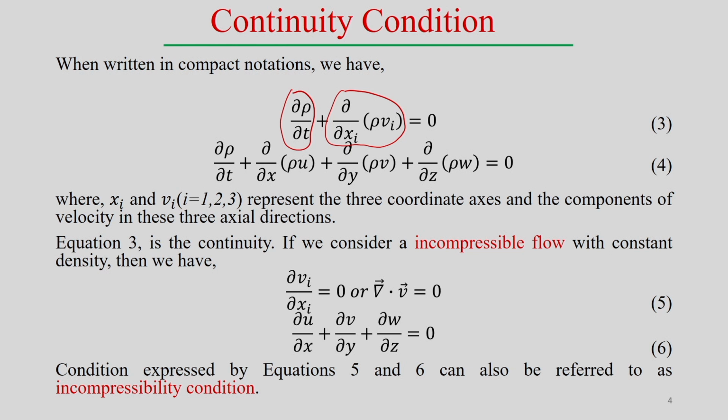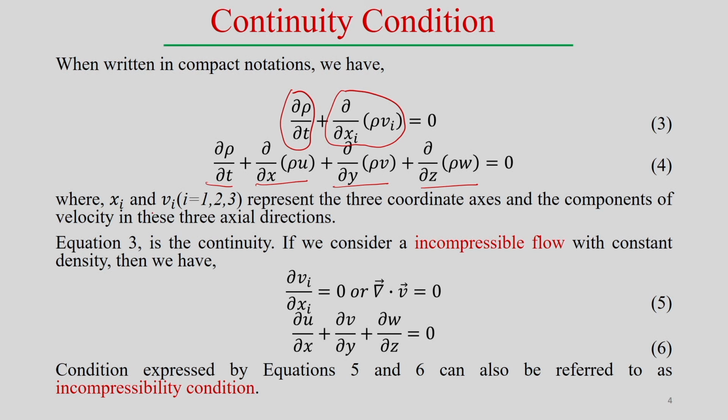Now, expand this one also in another way, in terms of x, y, z. So, the x component del by del x of rho u, and so on, plus del rho by del t equal to 0. So, that comes from the elemental volume, and of course, we are considering the time phenomena also. So, the transient part also we are considering in this case, then we are getting the following mass conservation equation, and from there we get this particular equation.